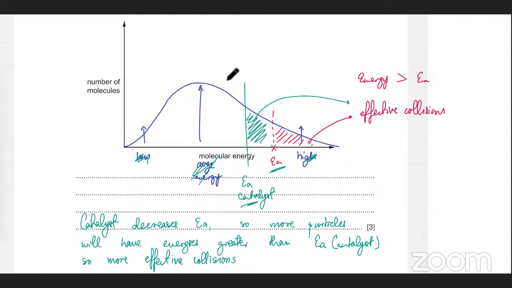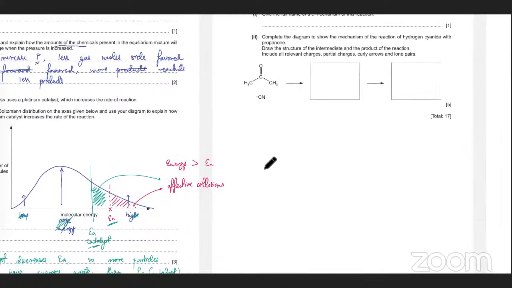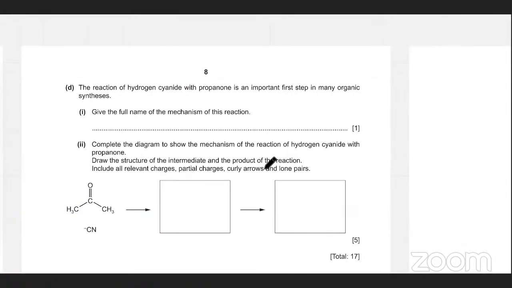So by adding a catalyst the curve doesn't change, the distribution of energies is the same, except that the activation energy is lower now. So there's just going to be this extra line, which you're going to call the catalyzed reaction. Okay. As a next one, option D, you've got